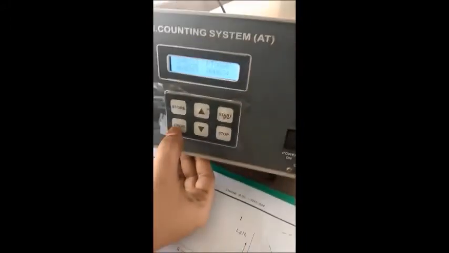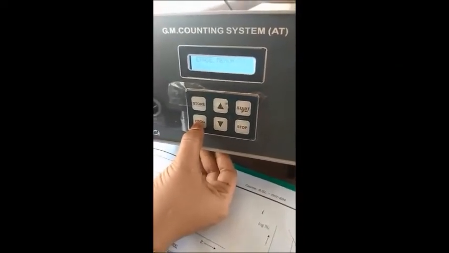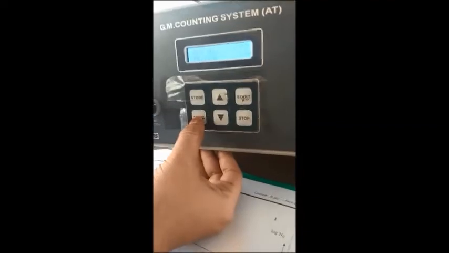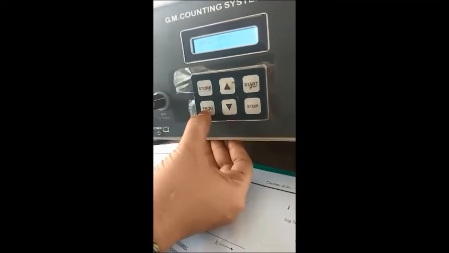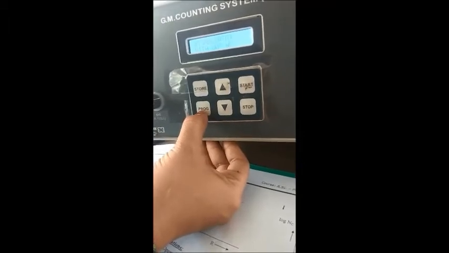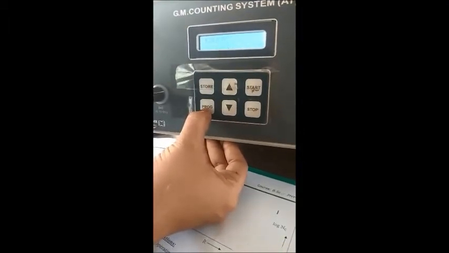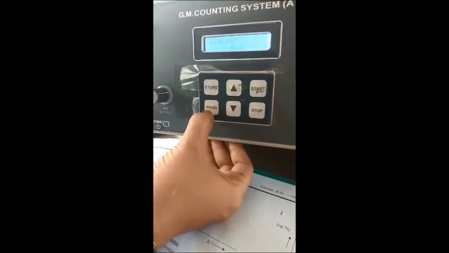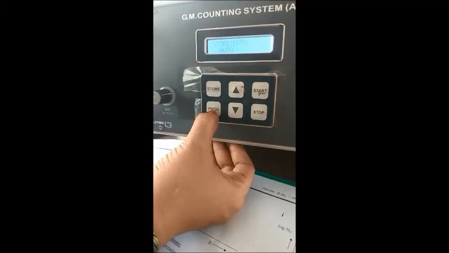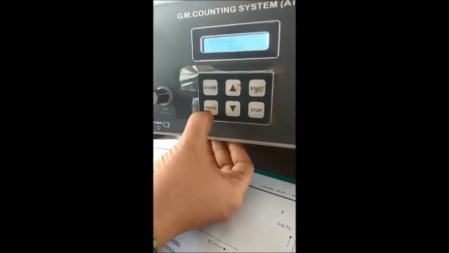Next, you have to set the program. Already the time will be set. We'll see what the time is. If it is set to 60 seconds, then it's okay. Required mode, preset time has come. Next, you have to go on pressing till you get the preset time and high voltage both.